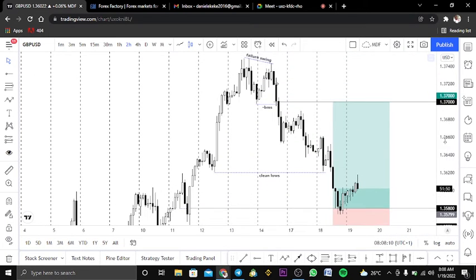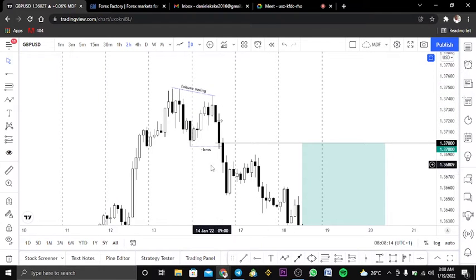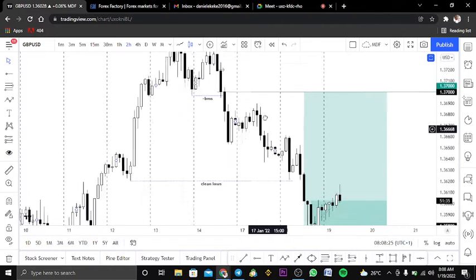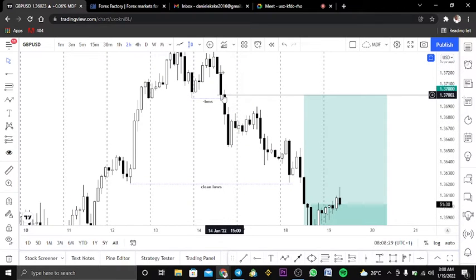If you check very well now, you notice that this market never came back to this premium price where we were looking to sell last week. The market never came back to that region. We completely lost out on this trade. I think this was on Friday. The market never came back to where we were looking to sell.